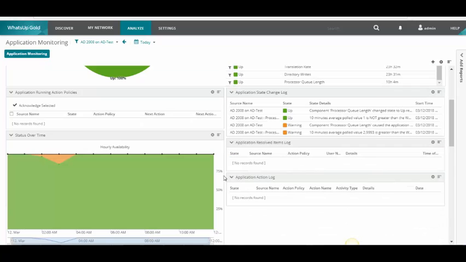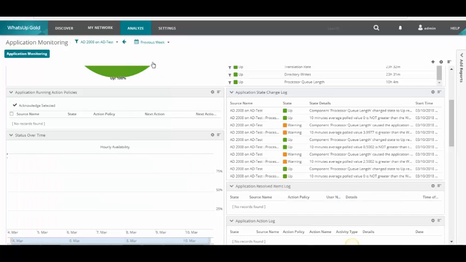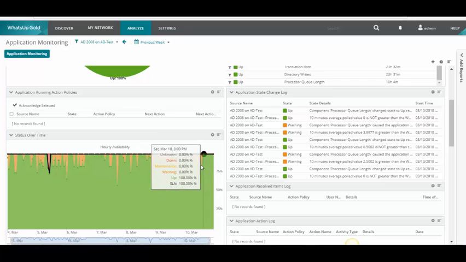What we'll see on the left-hand side is a status over time, and we can understand if we were having trouble or if things were in warning or down state and be able to look at them. Right now we're looking at today, but maybe this was an application and your users are complaining that every day things slow down about 2 o'clock. You can take a look at the previous week and see, are you seeing the same kind of occurrence?